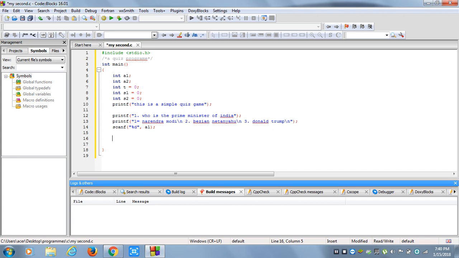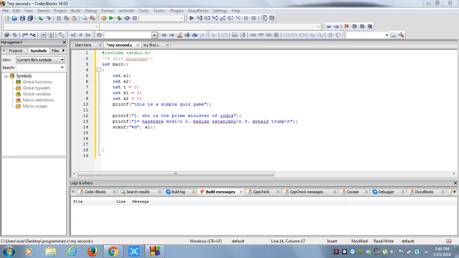So you have to write an A1 and put an AND symbol. It will think that it is a variable, and then you have to enter. And now here you have to start your if. So you have to write if, and then you have to give round circular brackets, and here you have to write